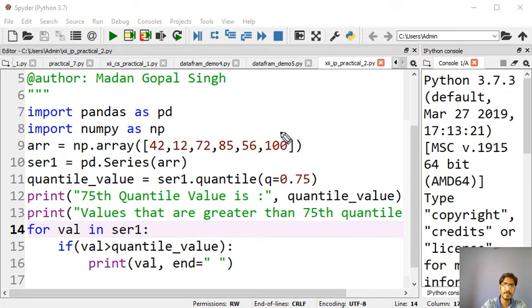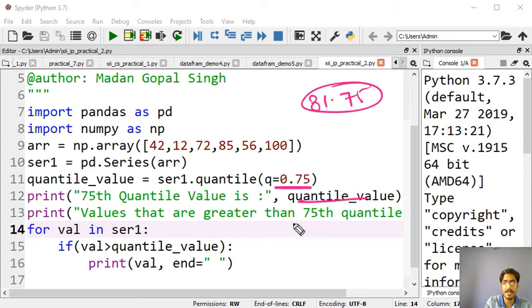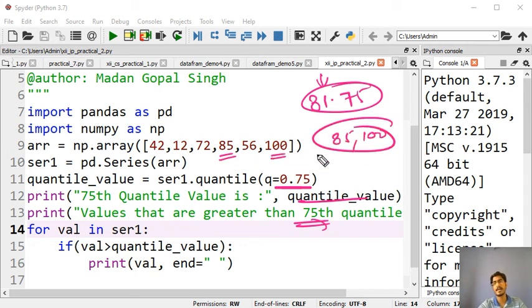Here you can see the code that we have already solved. So what should be the output? 81.75 for the quantile value. And what are the values that are greater than 81.75? 85 and 100. So these two things should be in the output.